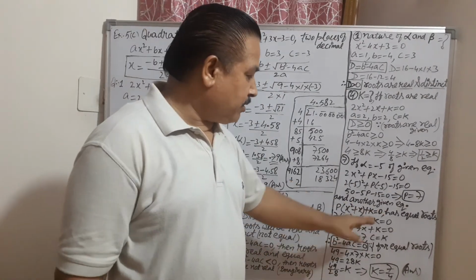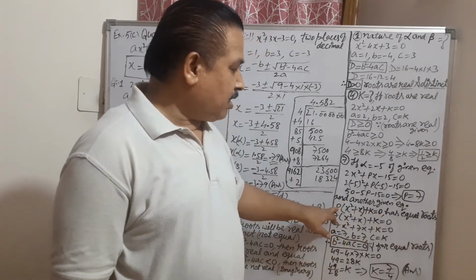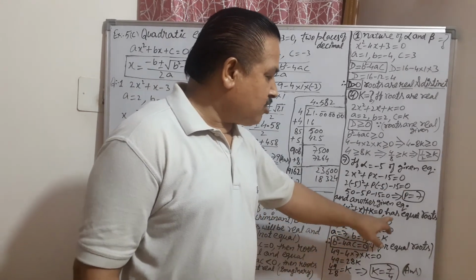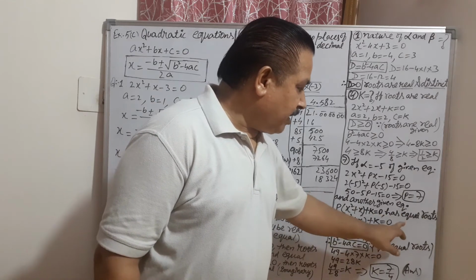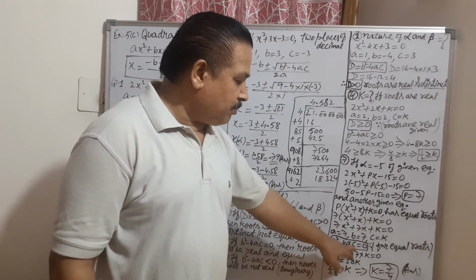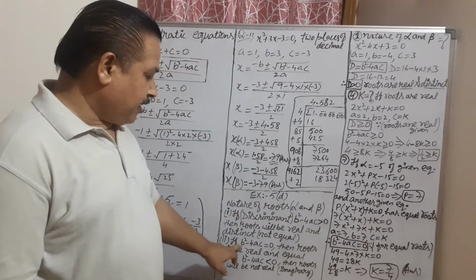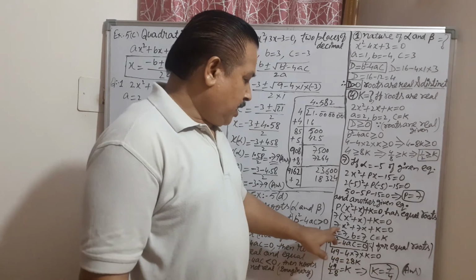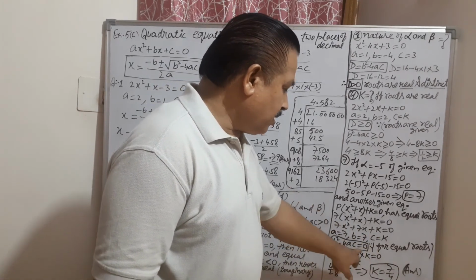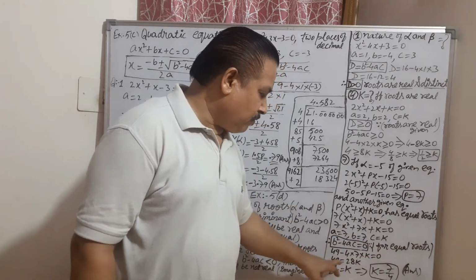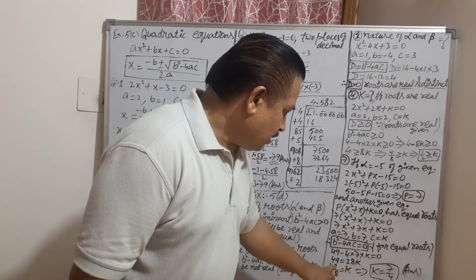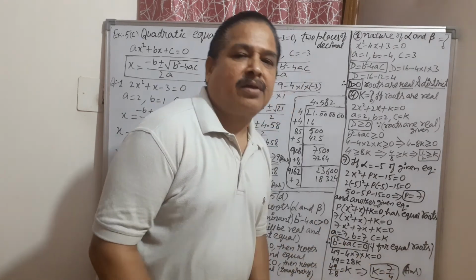Now one more equation is given. This equation is given in the form of p. So put the value of p here. But for this equation, a condition is given. This equation is having equal roots. When an equation is having equal roots, the discriminant will be equal to 0. See the second condition. So a, b, c. Calculate: a is 7 and b is 7 and c is k. Put in this formula because roots are equal. After putting this value, what will k come? So k will come out 7 by 4.